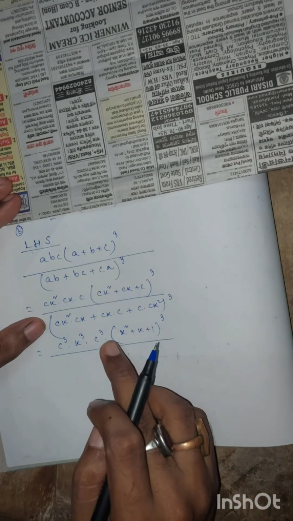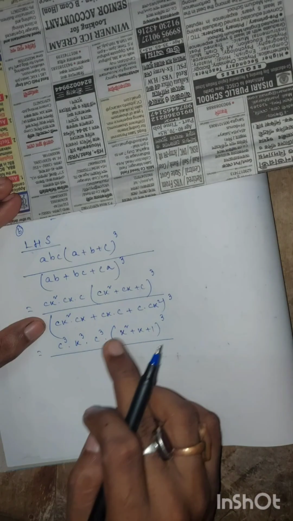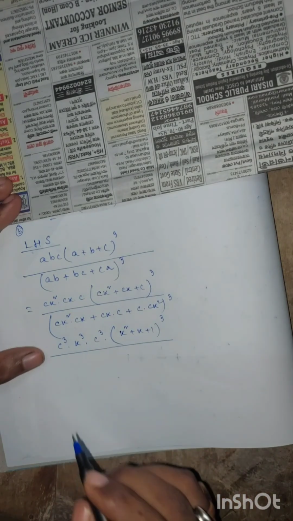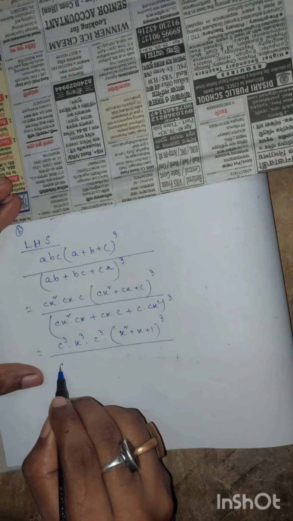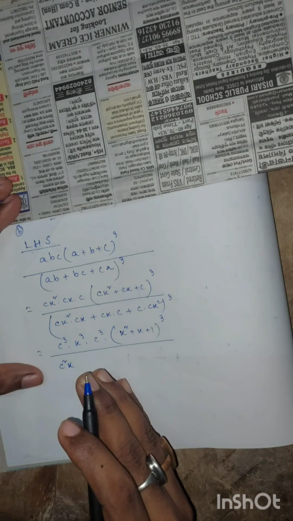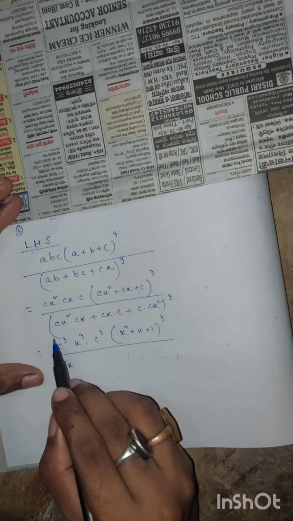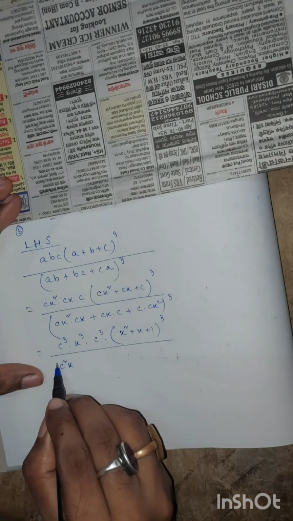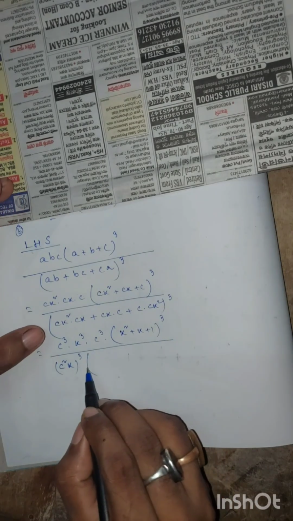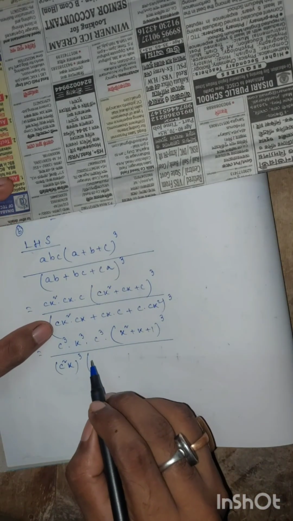And if we take C square K common from the denominator, so when it comes outside, it takes a cube. So it becomes C square K cube, and within the bracket we are left with,